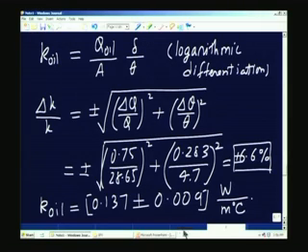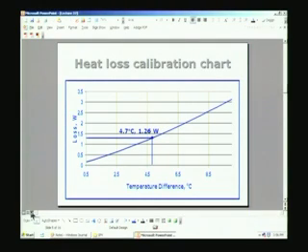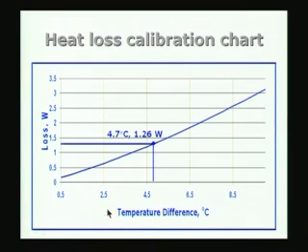Let us look at the loss term, which is given as a function of theta, and you can see that I have plotted the loss versus theta, which was the cubic expression given. In the specific problem we have considered, the temperature difference is 4.7 and the corresponding value of the loss is 1.26, and if you remember, the uncertainty in the measured Q is about plus or minus 0.75 watts,